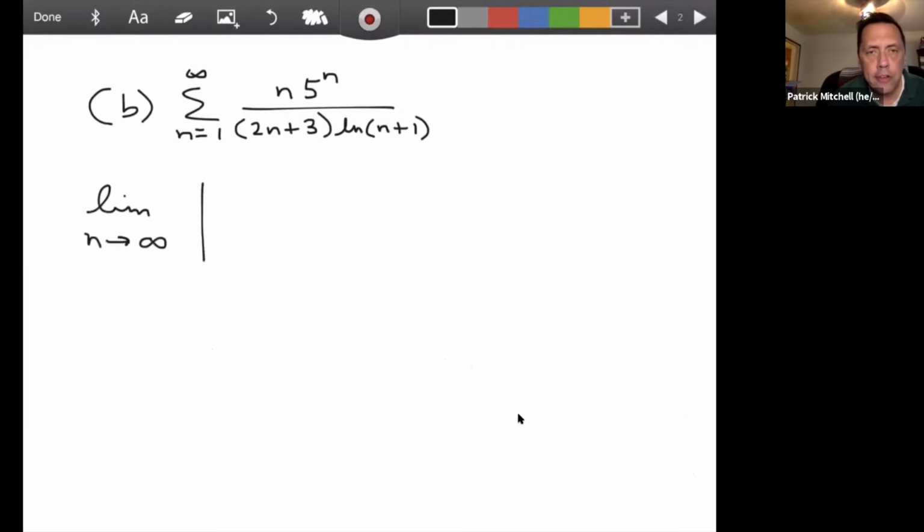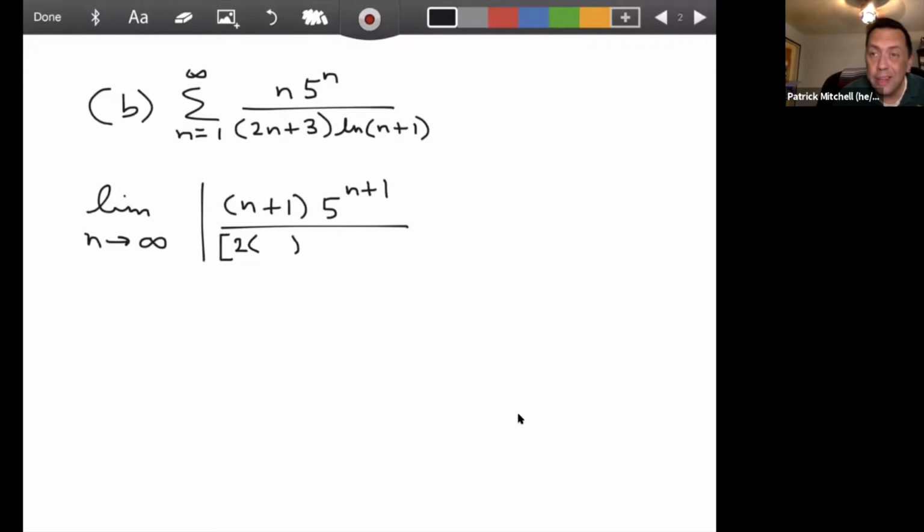And this time I'll just cut right to the part where I say a sub n plus 1, which is n plus 1 times 5 to the n plus 1 over. So here's an example of where you have to be careful. I'm replacing all the n's with n plus 1s. For that 2n plus 3, you got to make sure